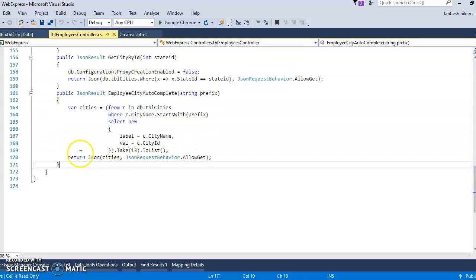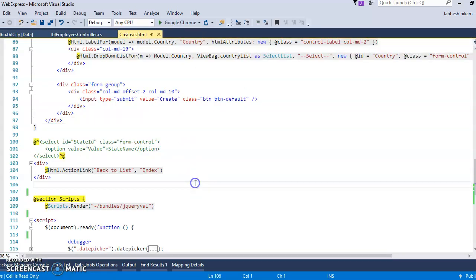So this is the method, and then I will create one script method.